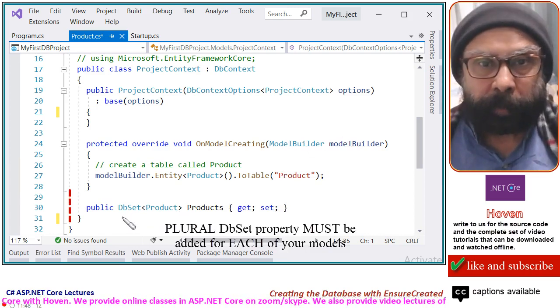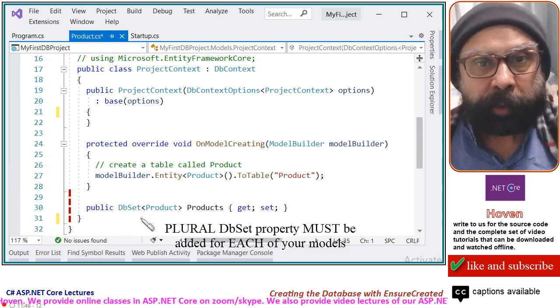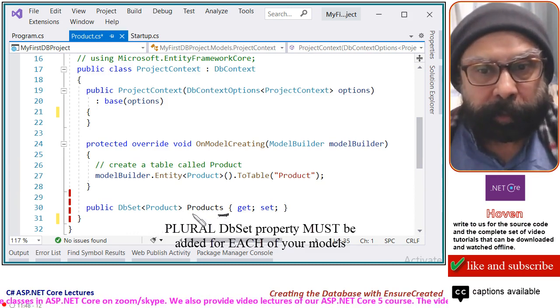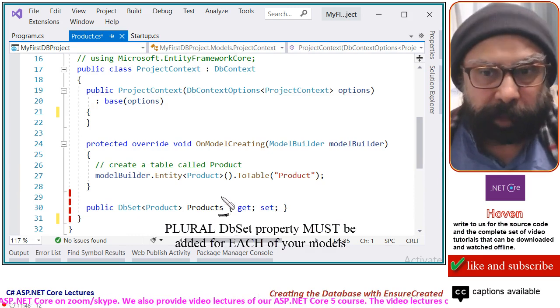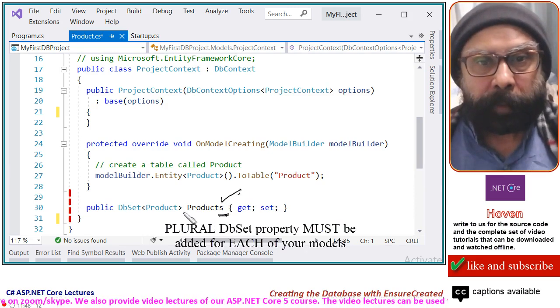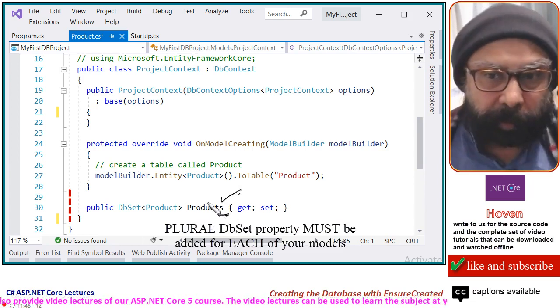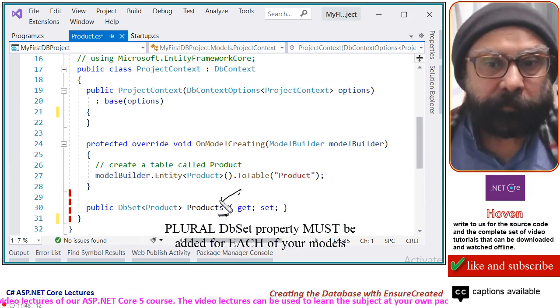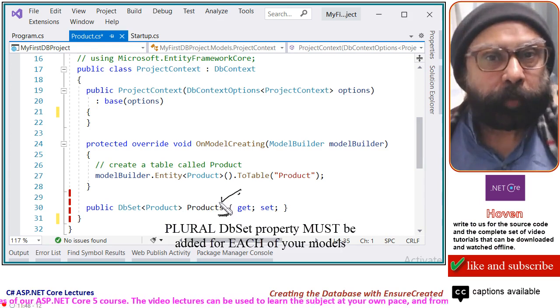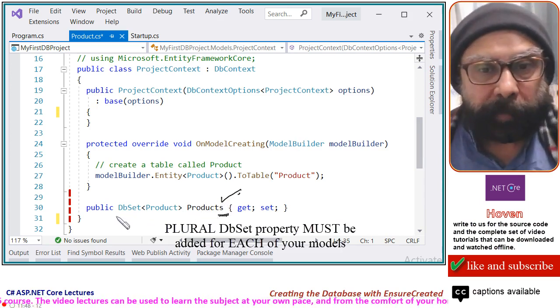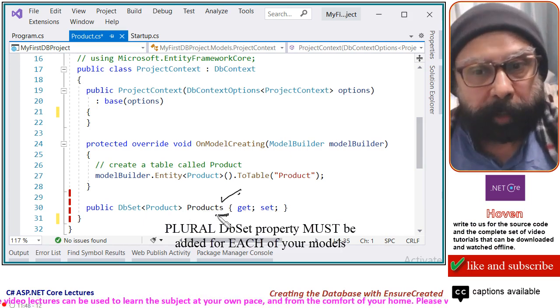Then we have a plural DbSet property, Products. This property must be added for every model in your project. If I have a model called Product, I will write public DbSet<Product> Products.